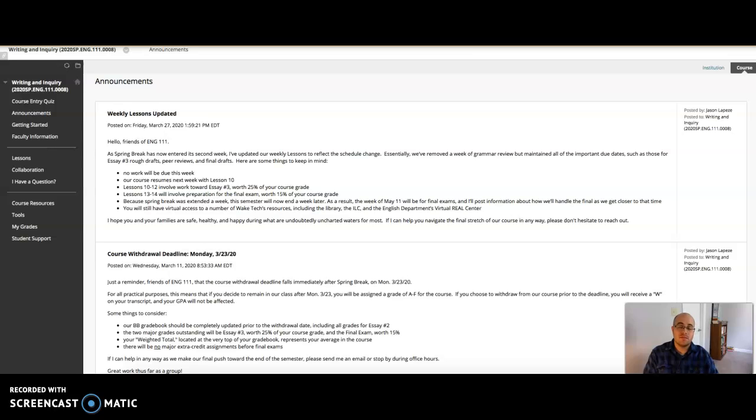Essentially, what I wanted to make y'all aware of is the information that's in our most recent weekly announcement. For our purposes, the biggest thing to keep in mind is that because we extended spring break at Wake Tech for a second week, the semester is going to be extended by an additional week. So, what was originally planned on the academic calendar as our final exam week is now going to be, for our purposes, lesson 15. So, if you look at our lessons folder,